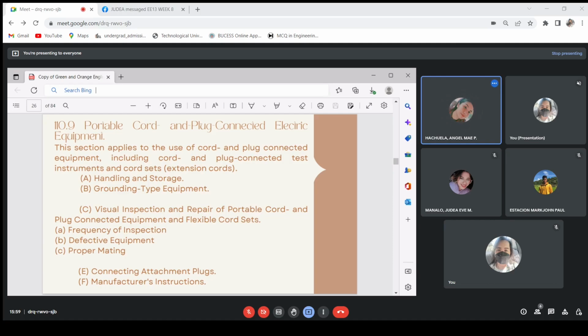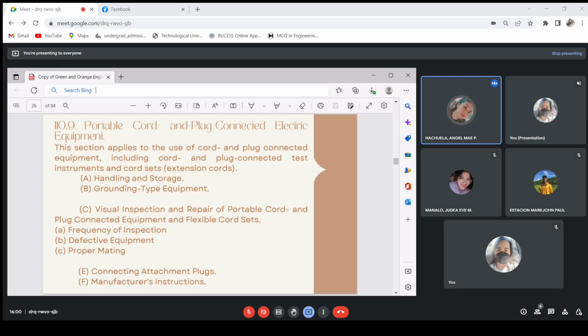So, adapters that interrupt the continuity of the equipment grounding conductor shall not be used. Letter C is visual inspection and repair of portable cord and plug connected equipment and flexible cord sets. What is included there is the